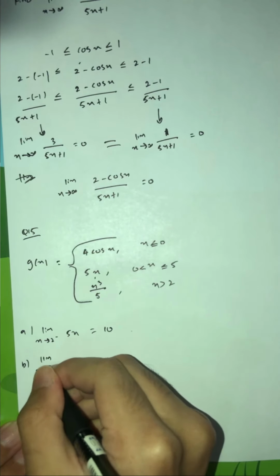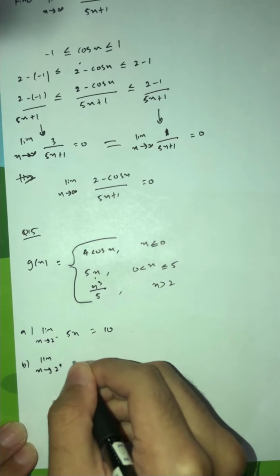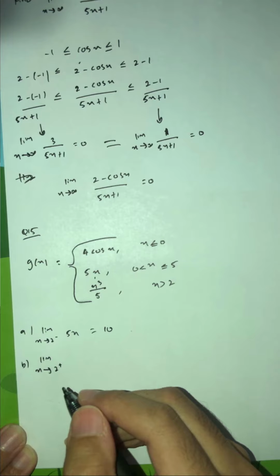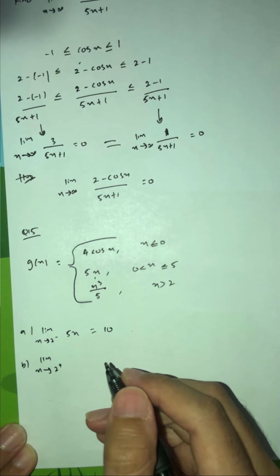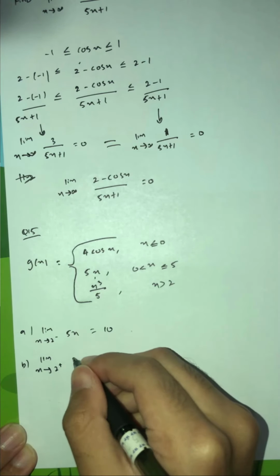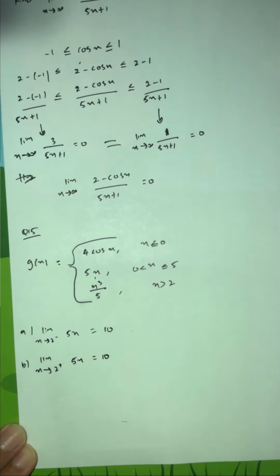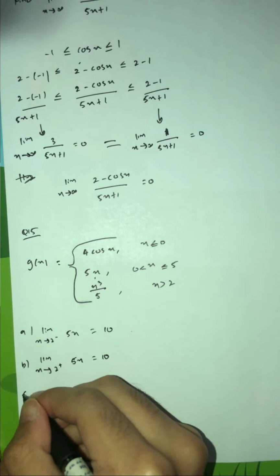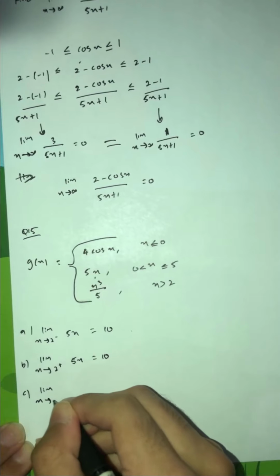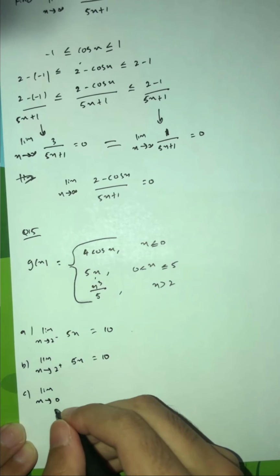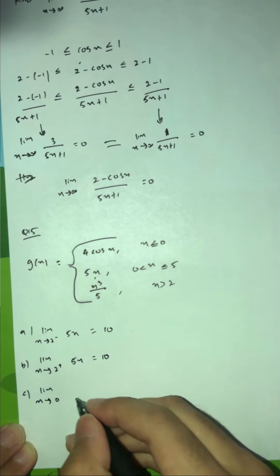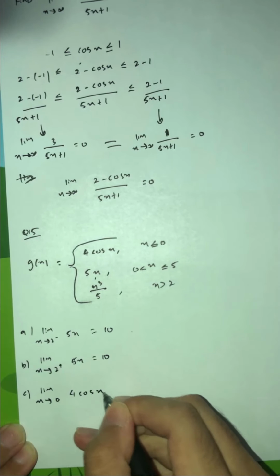Limit as x approaches 2 from the positive side. So where is positive? It is also here. So 5x as well, 10 as well. Okay, so C asks us to find the limit as x approaches 0. 0 is here, right? Less than or equal to 0. So 4 cos x, and we'll get,